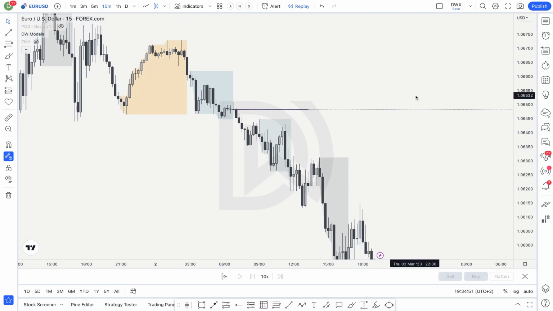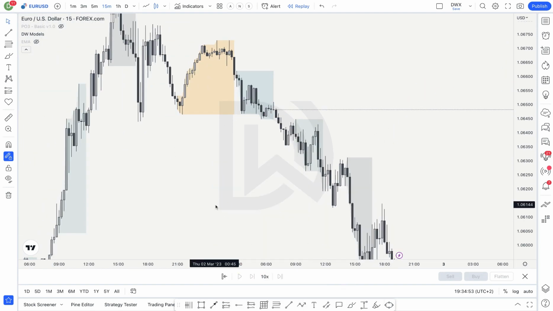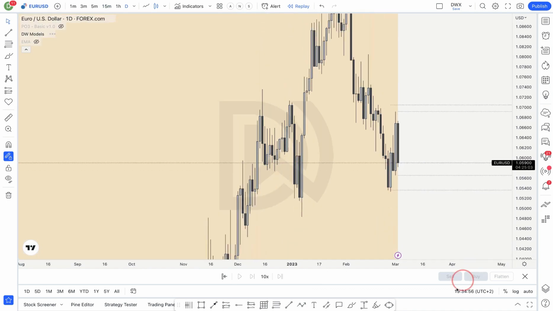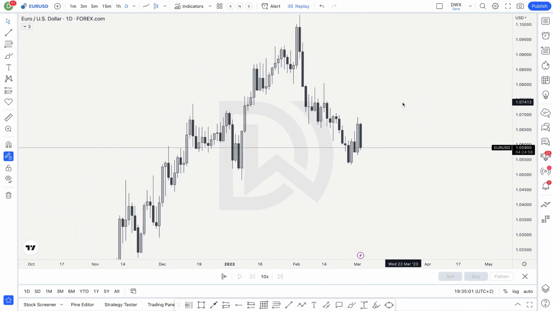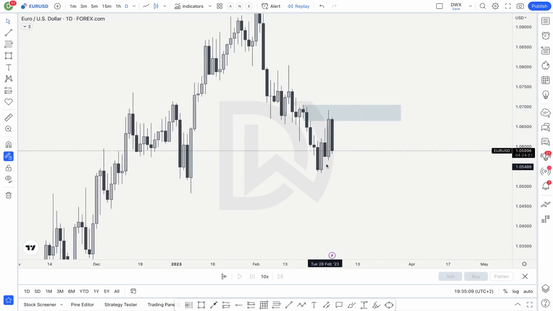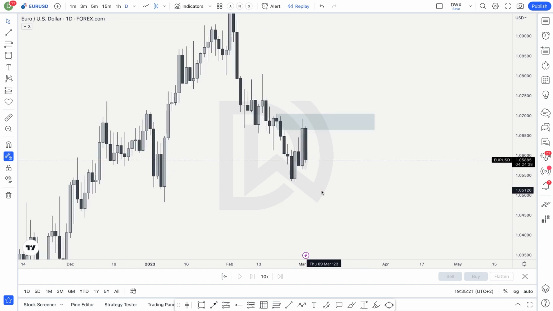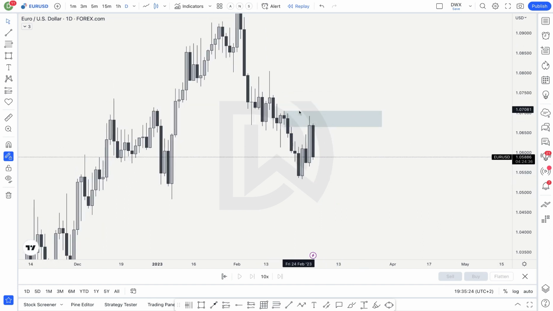So if we just quickly do a little bit of a higher time frame analysis, if we just start off on the daily, if we look at price action, we can see, sorry about the dogs, price reacted off of this area and potentially could trade towards the downside. Go watch the video on my weekly forecast. It will give you an idea as well. So yeah, this is what happened. We had price reacting off of this area and then seeing price trade towards the downside.